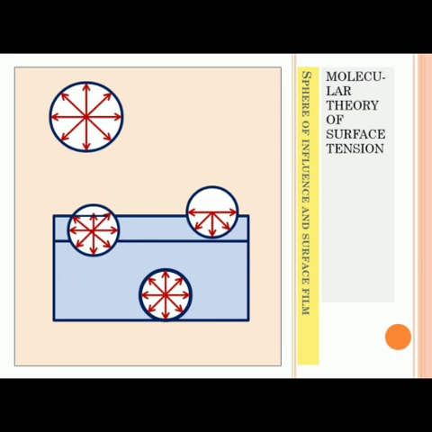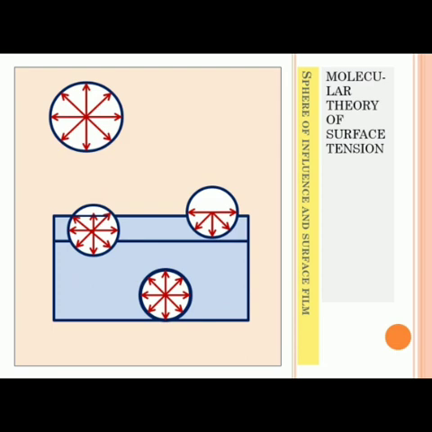So what we could see around is, when we consider all these three molecules, A is well inside, B is just below the surface and C is on the surface. The sphere of influence of molecule A lies completely inside the liquid. When I talk about the net cohesive force acting on the molecule, for A it is 0. When I talk about the molecule B, students, B gets attracted inside the liquid by the cohesive forces of the liquid. Thus, a net downward resultant unbalanced cohesive force acts on the molecule, trying to pull it well inside the liquid.